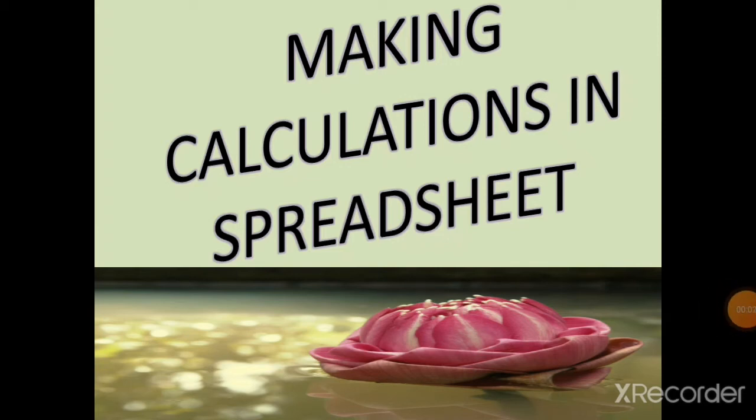Our next topic is making calculations in spreadsheet. In this topic we are going to learn how to enter a formula in a cell. To do our calculation simply, we can create a formula by using an Excel spreadsheet. And then we are going to see what is the use of AutoSum, and multiplication and division can also be done in our spreadsheet. So how are these things happening in an Excel spreadsheet? Okay, so this is our topic, making calculations in spreadsheet.